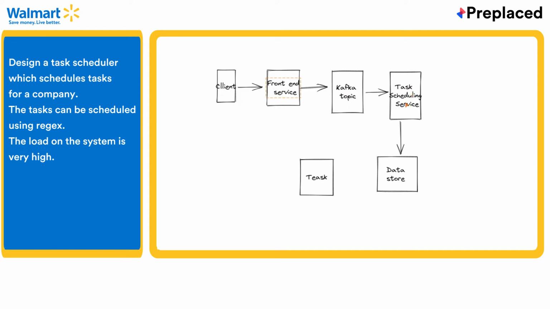Now the task scheduling service will be picking the request from the Kafka topic, and it will check if that task needs to be executed at that point, a one-time task. Yeah, that's where I want to know. So first of all, let's